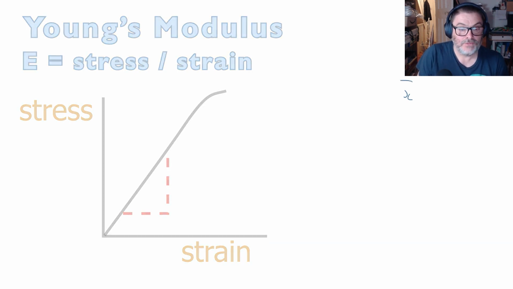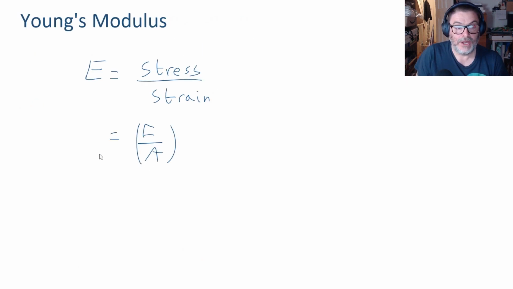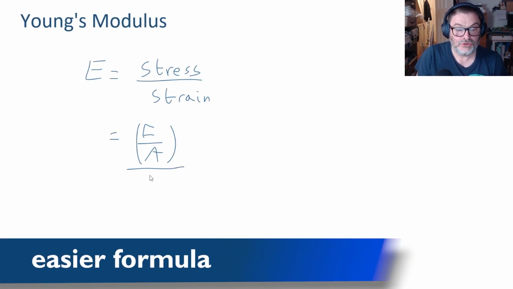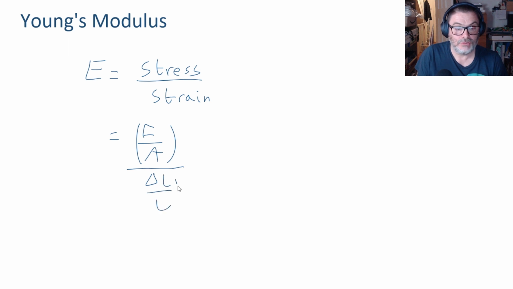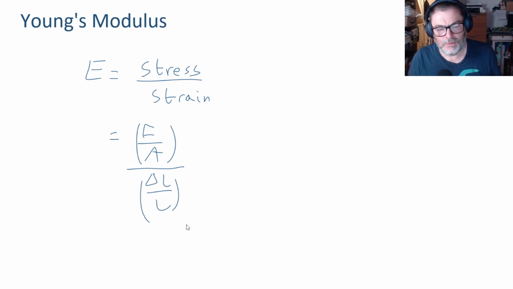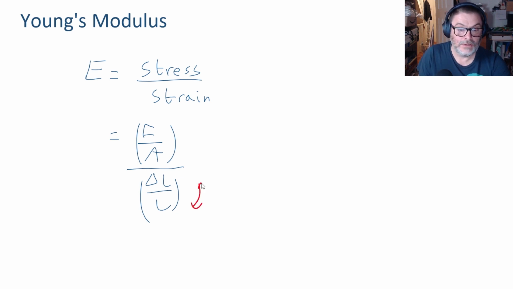Stress, we know, is force over area. So if we divide that by strain, which is extension over original length, we get one of these rather ugly looking four-level fractions. Nobody wants to work with these. And the way to deal with this double-decker fraction is to remember that you can flip the bottom pair over and then multiply it by the tops. In other words, this simplifies, and it is a lot simpler, down to E equals F over A times L